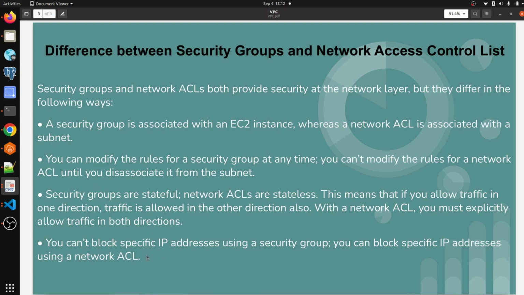So these are the main differences between security group and ACL.